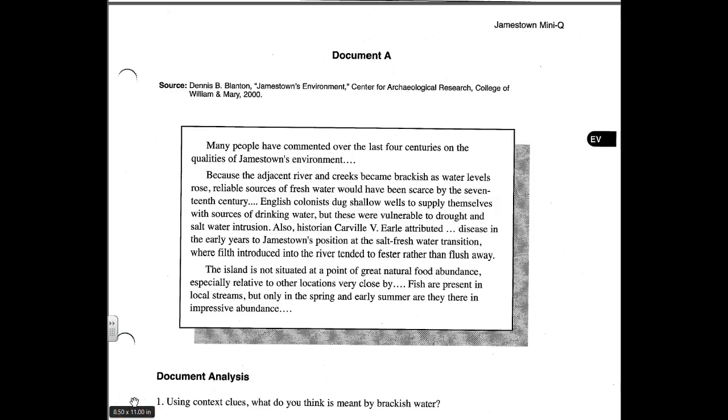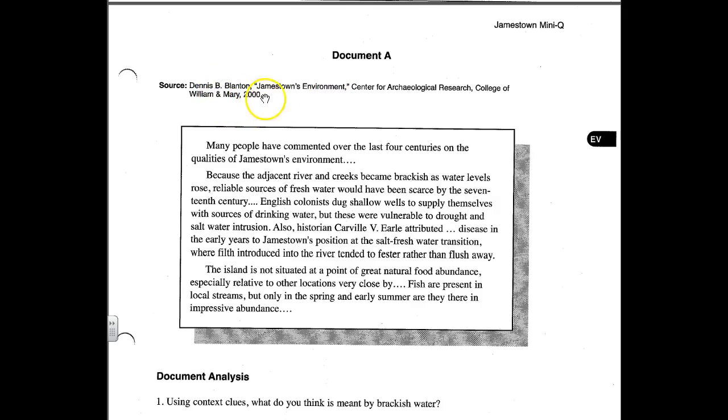So the first document in our mini-Q, after we finish the pre-bucketing exercise on the previous page, is going to be titled Document A. Documents are labeled by letters, so we've got 5 documents, A through E. First one we'll look at in order is Document A, and the source of this document, it's a reading, is